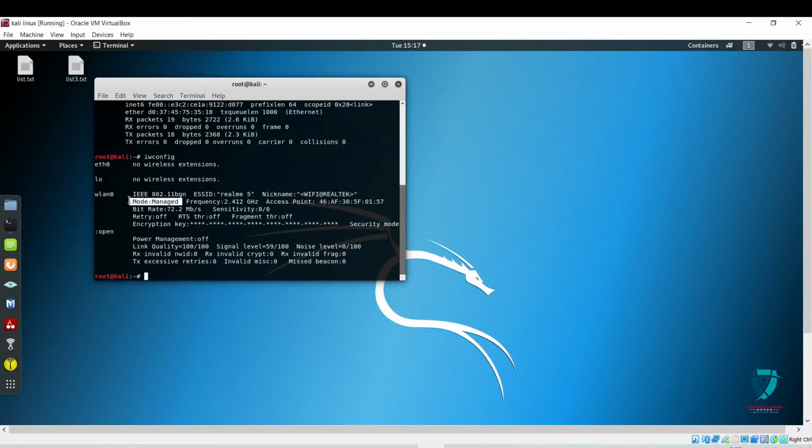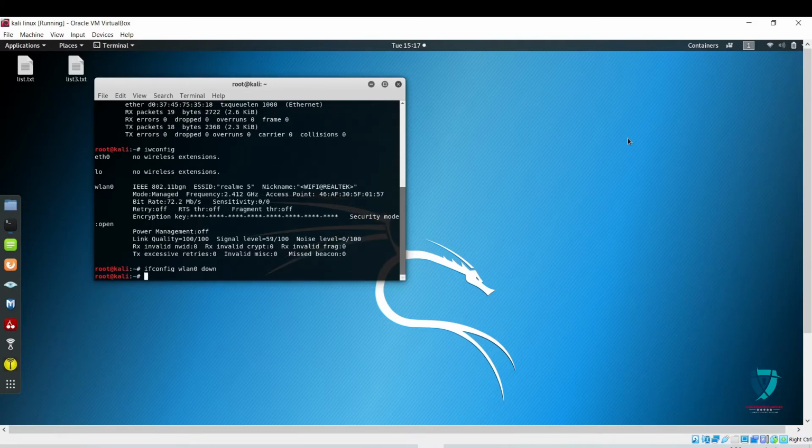I told you that to crack the password of a hotspot or any Wi-Fi network or access point, we need to enable monitor mode in the adapter. To enable monitor mode, I'm going to use the command ifconfig wlan0 down. First of all, I'm going to bring the adapter down. As you can see here, it disconnects, and I have brought down the interface.